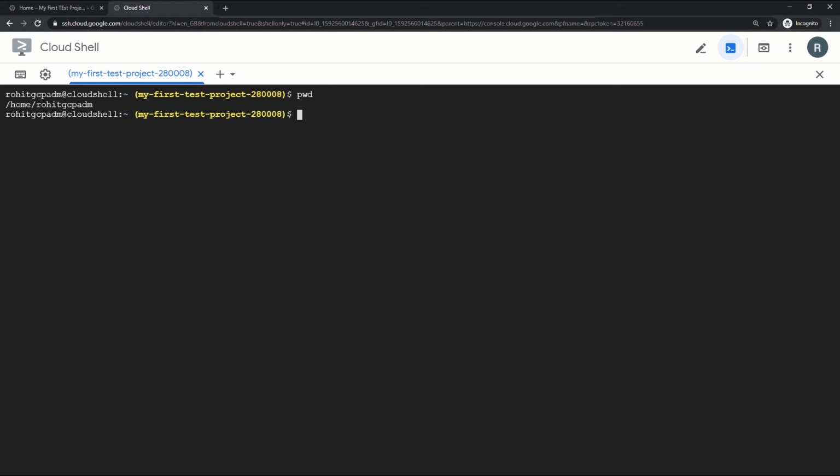So let's create one file here, and we will disconnect this session and reconnect Cloud Shell, and we will see if that file is persistent, to ensure that whatever file we save or whatever scripts we create here will be persistent and will not get destroyed or deleted once you disconnect your session.